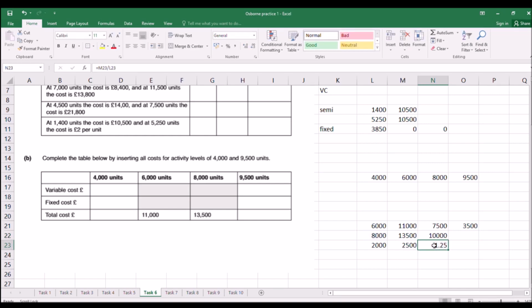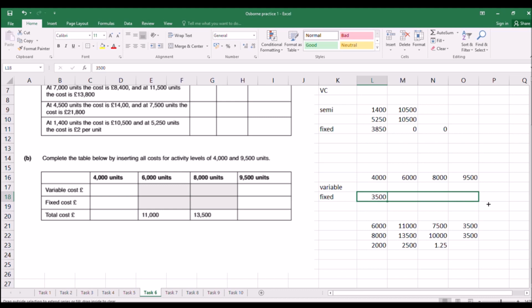Time isn't a factor, we're not really in trouble in terms of time. So we've got £10,000 worth of variable costs for 8,000 units, and so we know that our fixed cost is correct. We're now going to go through, and we've got our variable cost, and we've got our fixed. We know that we can put 3,500 against each of them,